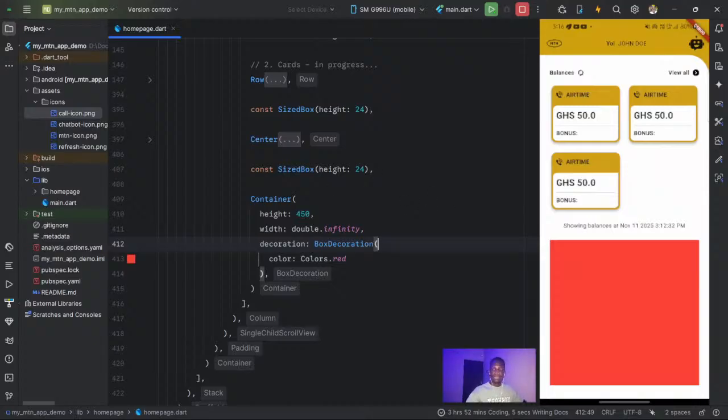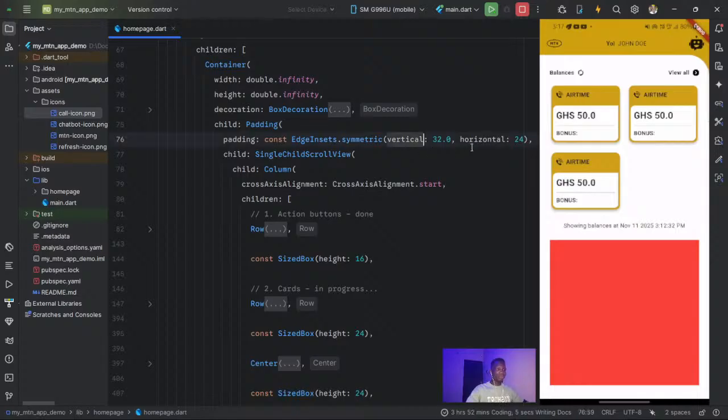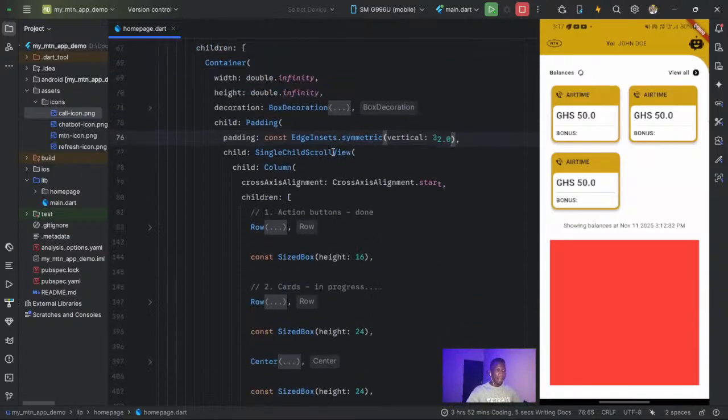So we need the red to fit the edges. But at the top here, somewhere at the top here, we gave this particular horizontal padding that prevents the children from getting to the end or the edge of the screen. So we'd have to remove this and then